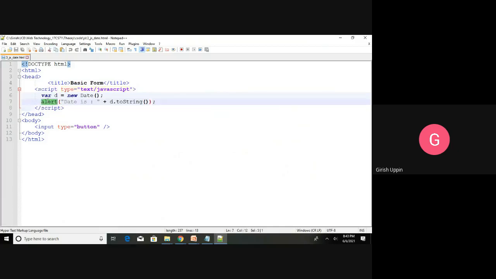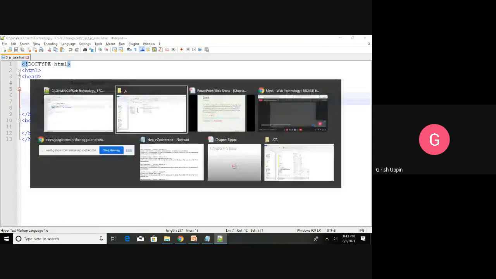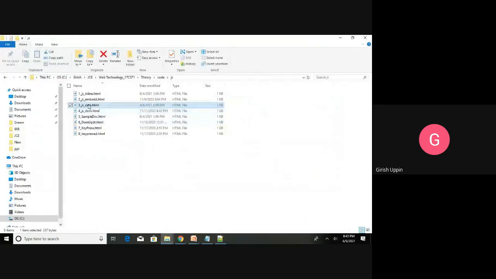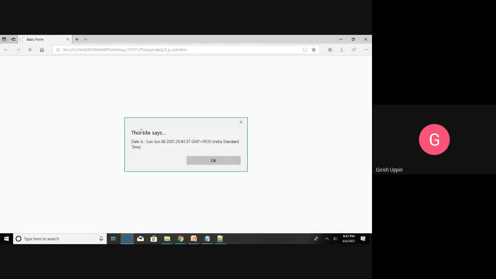So that will be shown as a pop-up, because the alert function will generate a pop-up message with the content as whatever is given inside the parentheses. Let me save this. I will double click. Okay, you can see this site says date is Sunday, June 6th, and it specifies the timing. So this is the timing, Indian Standard Time.